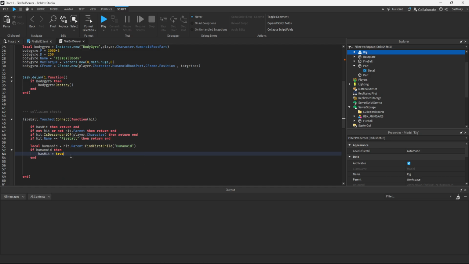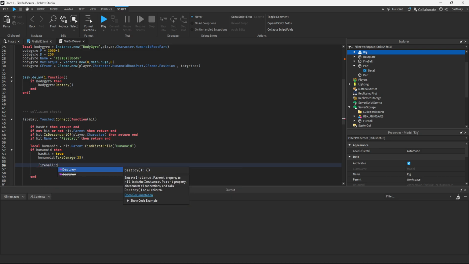Okay, so we have hit something, and we're going to call the function on humanoid, TakeDamage, and set it to 25. Okay, and then we're going to do fireball, and we're going to destroy the fireball